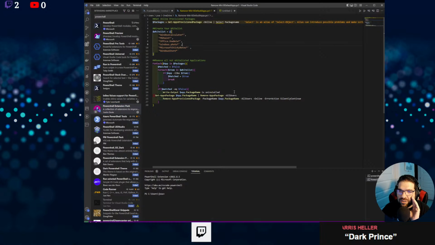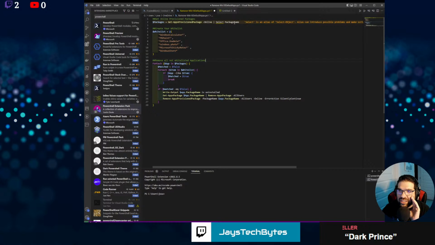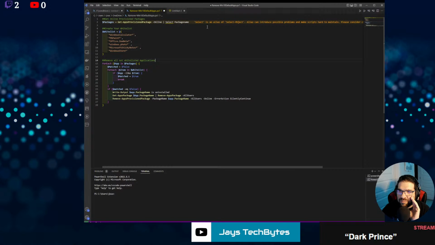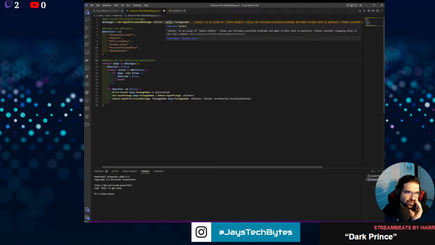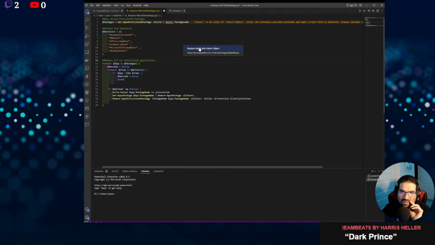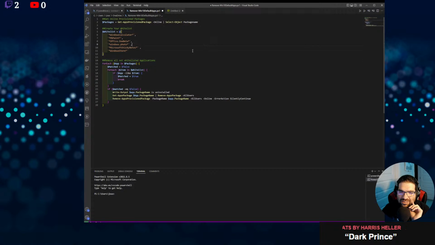So it's not properly formatted for ease of use to read. You can actually go ahead and here hit format. It will do that. And then also inside of that line, it will tell you, hey, by the way, this select is an alias of the actual function. Do you want to fix it? You can just hover over here, go to quick fix and say replace. And that clears it out.